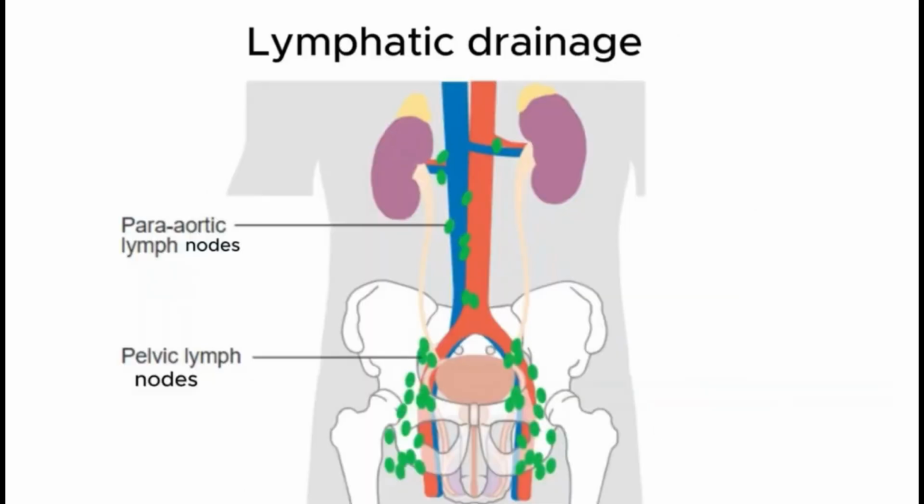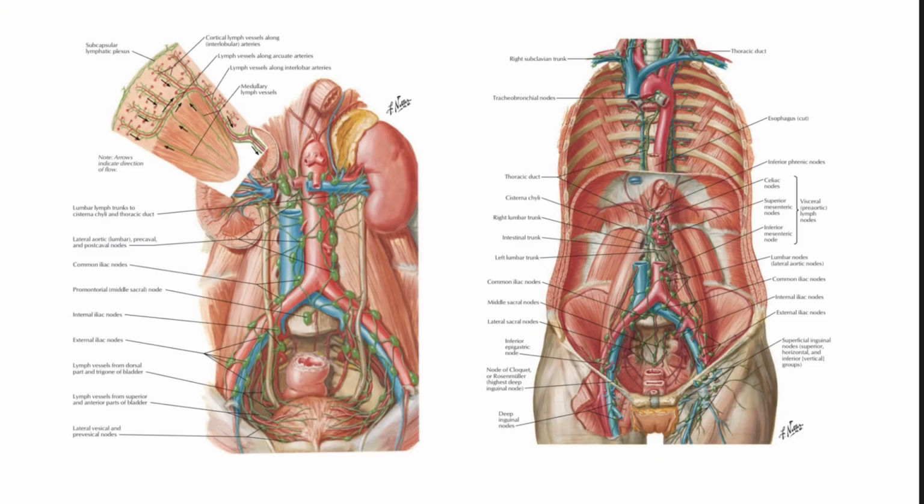Lymphatic drainage. Lymph drainage of visceral structures follows arterial supply. Abdominal viscera are supplied by pre-aortic vessels, therefore these structures are drained by pre-aortic lymph nodes. Most pelvic viscera are supplied by para-aortic vessels, therefore these structures are drained by para-aortic lymph nodes. Therefore, kidney lymph drains into para-aortic lymph nodes located near the origin of the renal arteries.